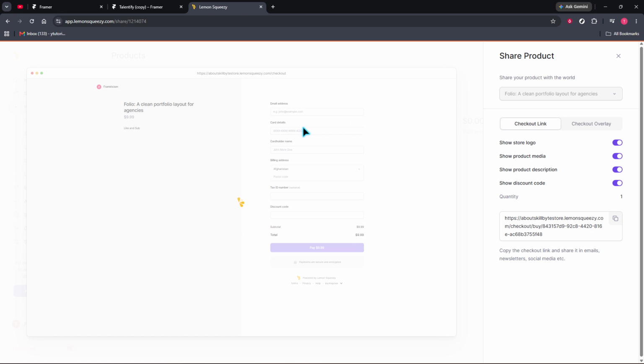Once everything looks good, click Publish Product. At that point, your product is live and ready to be shared. After publishing, click Share. Lemon Squeezy